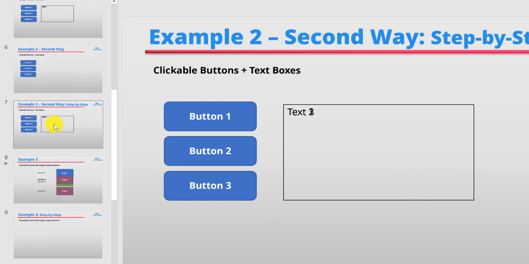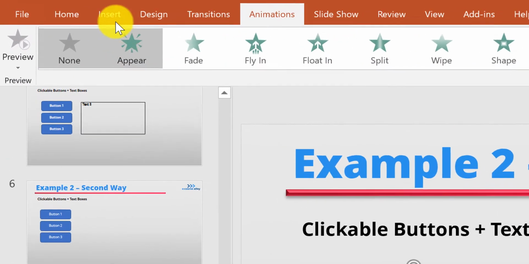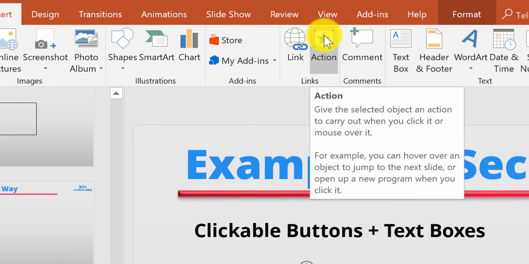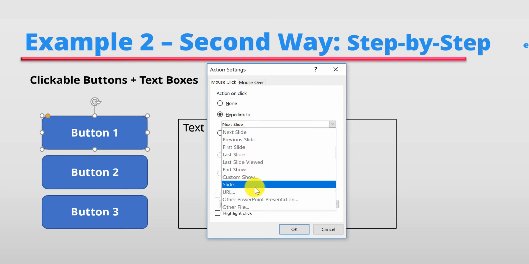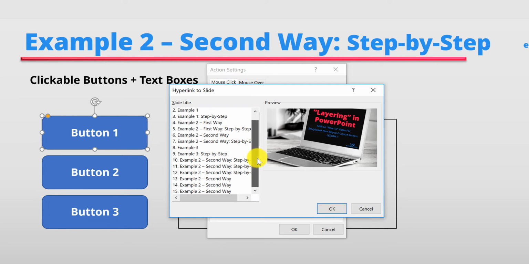So first we'll go back up here to the step-by-step way, by adding an action to button 1. So to do that, go up to Insert, and then go to Action here. And this is so that when you click on this, it's going to go somewhere else. It's going to do something. So we're going to choose Hyperlink. And we don't want to go to the next slide. We want to pick a slide. And since we already have created them, we go to our